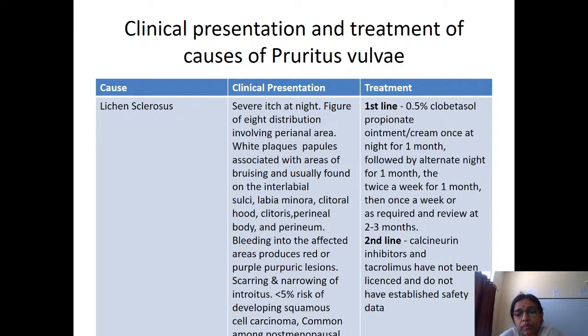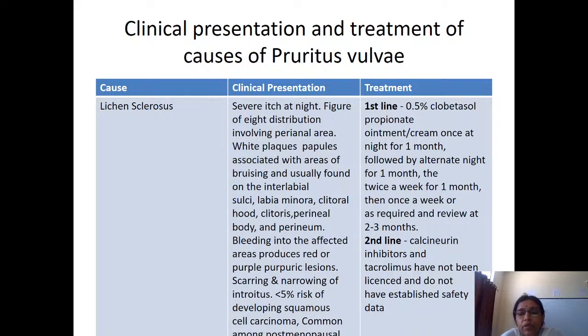And then the intense itching usually may lead to scarring, and over a period of time even the introitus tends to be narrowed. And particularly we are concerned about the chances of turning into malignancy, because there is always a